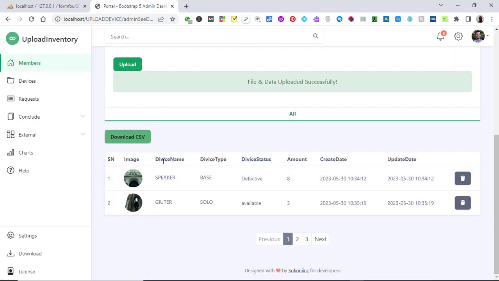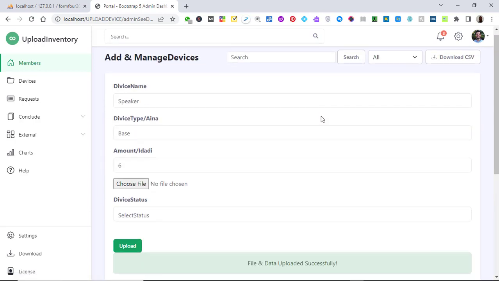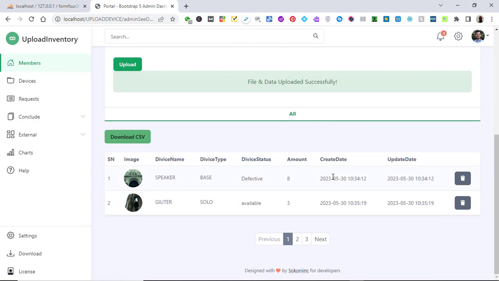After doing that, you will get a CSV download and a table, and inside this table you get the function to delete. We haven't put in an update yet, but if you would like a script with an update button, you can request it in the comment section. But until now, we've managed to put it this way, and as you can see,